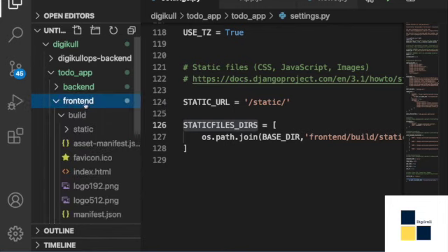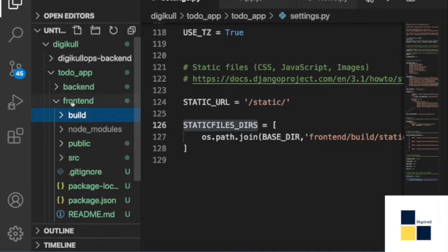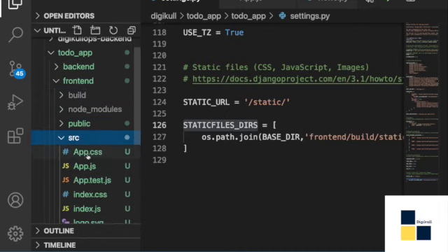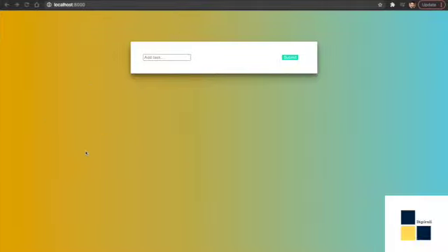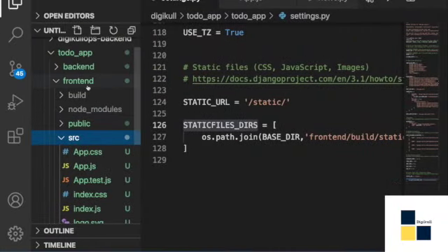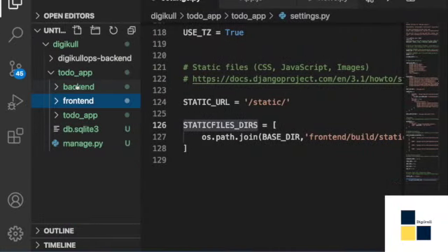This front end application had simple JS files and CSS files. We modified those files to make it look like this, and then we added the integration of these REST APIs. REST APIs are all written inside the backend folder. We don't have to run the front end folder separately.